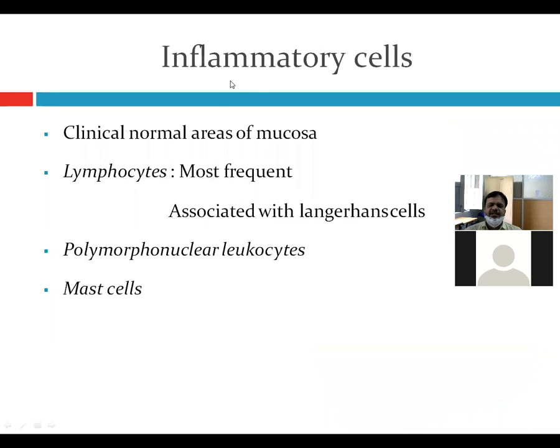And the last one is inflammatory cells. Various inflammatory cells are present in your gingival epithelium. So lymphocytes, usually T lymphocytes and B lymphocytes, are present in your junctional